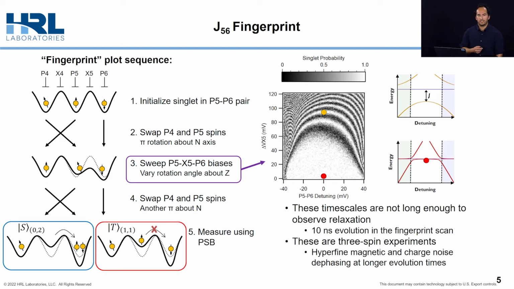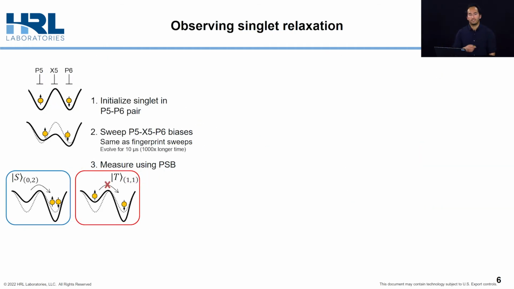Now, the 10 nanosecond evolution time of this experiment isn't long enough to observe qubit relaxation, and these are 3-spin experiments, where at much longer evolution times, hyperfine magnetic and charge noise dephasing processes certainly come into play and would make observing any relaxation difficult. This next experiment I'll introduce is what we actually use to observe relaxation, and actually only involves the two-spin singlet,